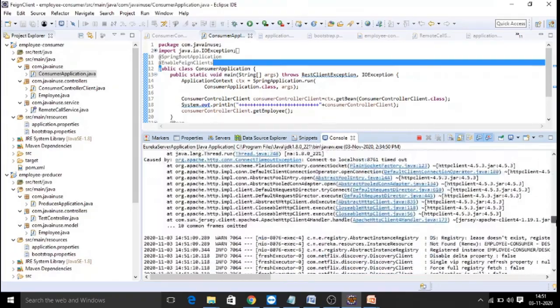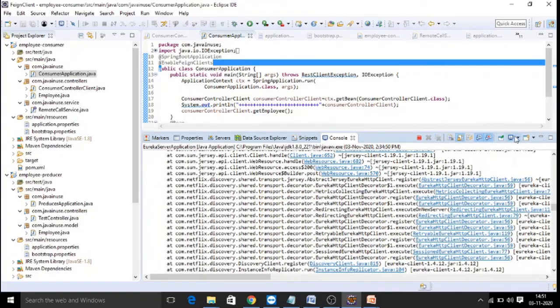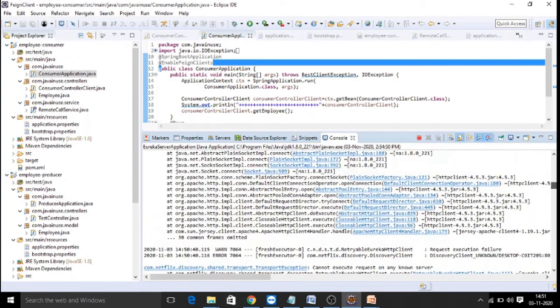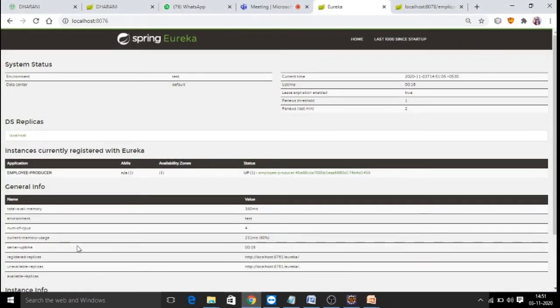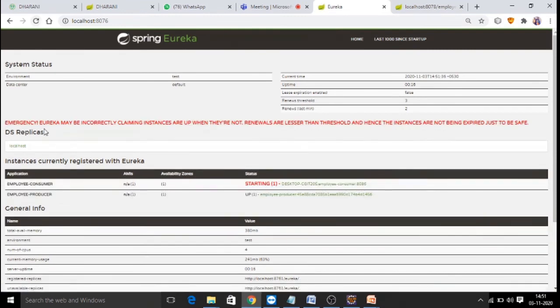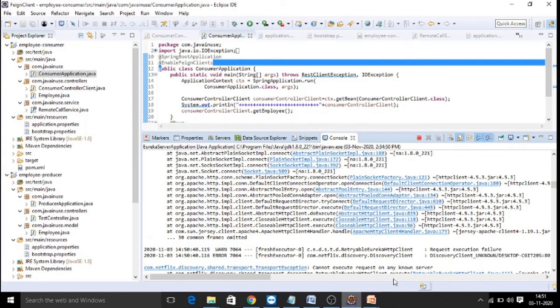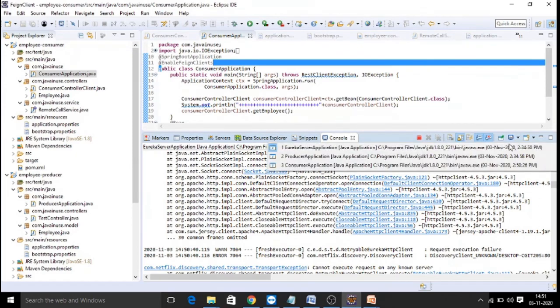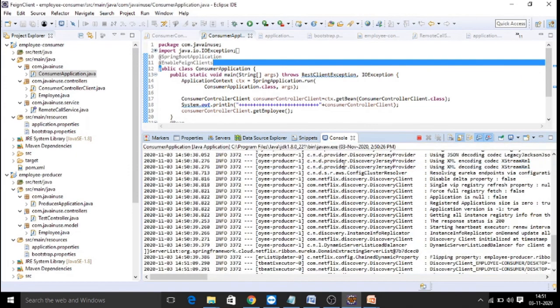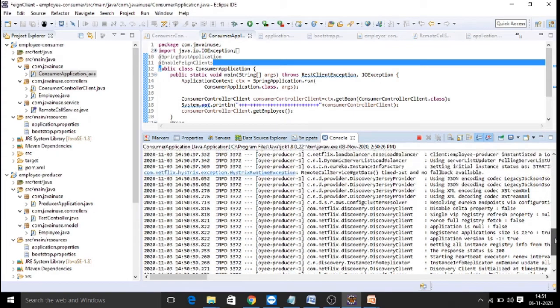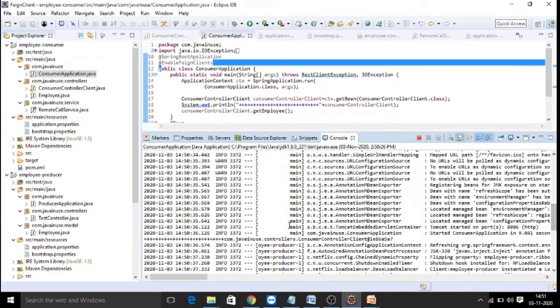So here in the consumer application, see here the consumer is produced, right? We are able to see our consumer console where we can see the result displayed.